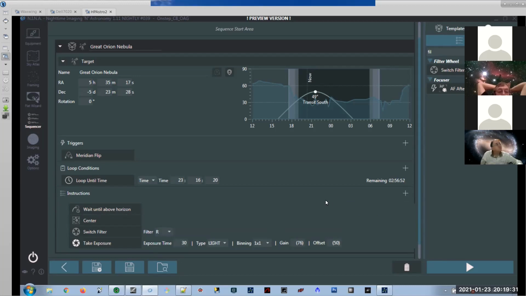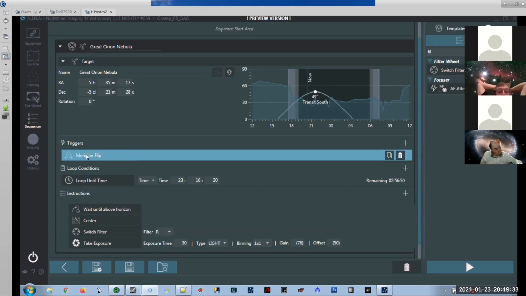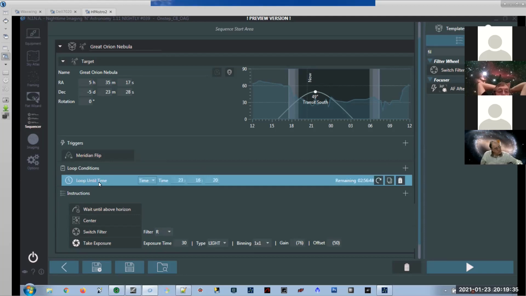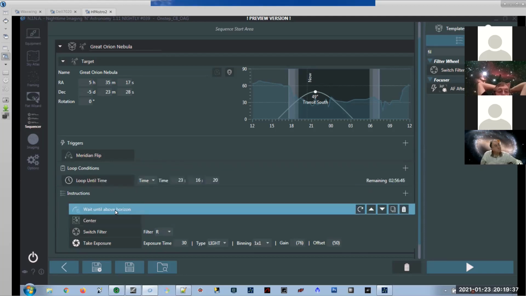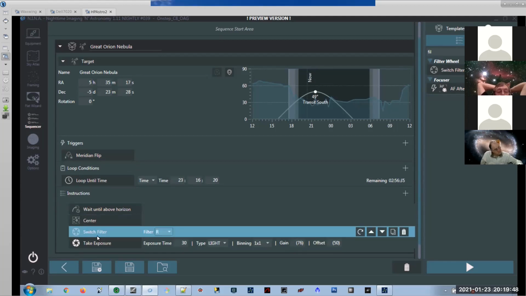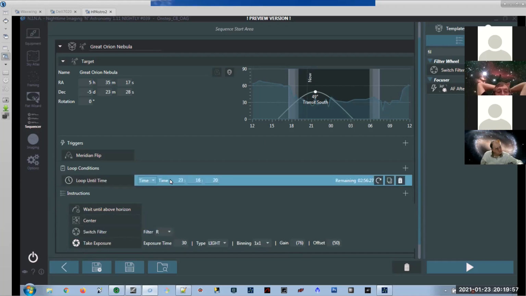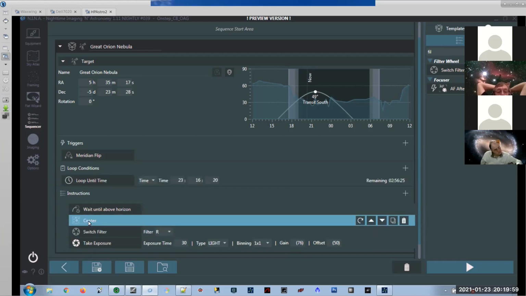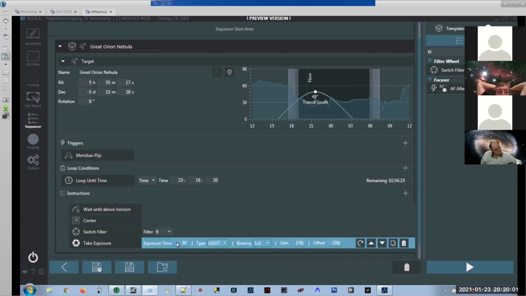So now we've defined something that will meridian flip if it needs to. It'll run until a certain time. When it first starts up, it's going to wait until the object's actually visible before it starts. Then it will center the target and switch the filter and then take exposures. And then it's going to keep doing this loop until this time. Well, obviously we have a problem because we don't want it to recenter the telescope after every